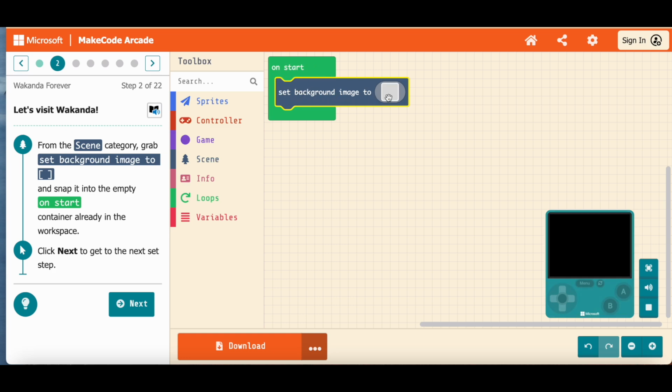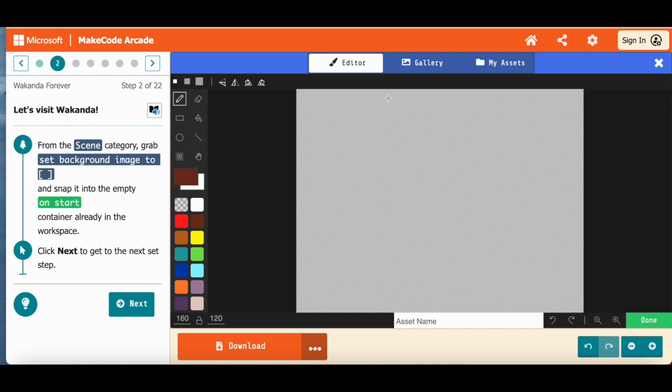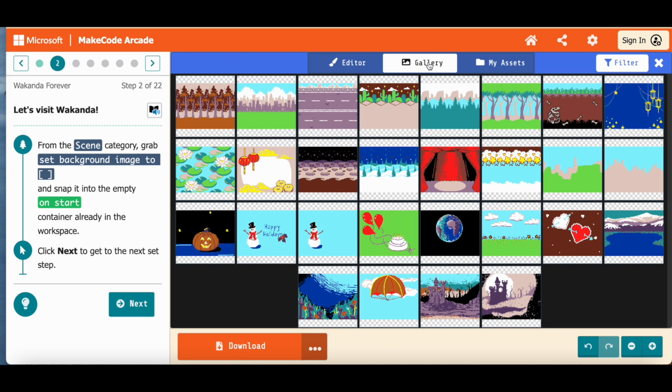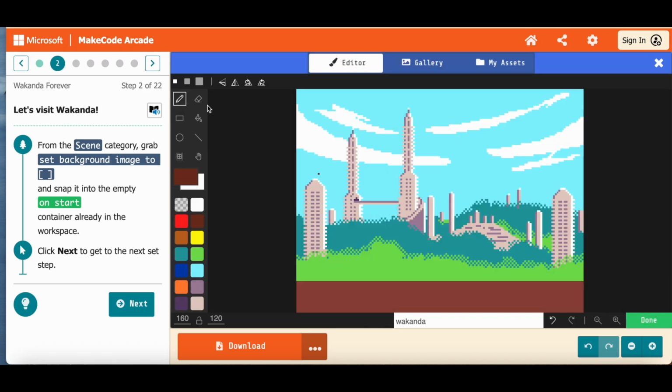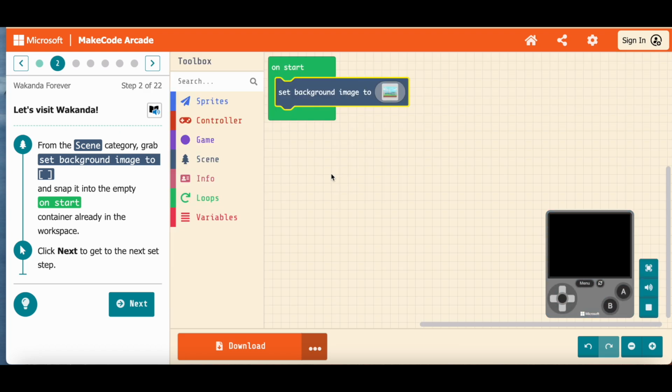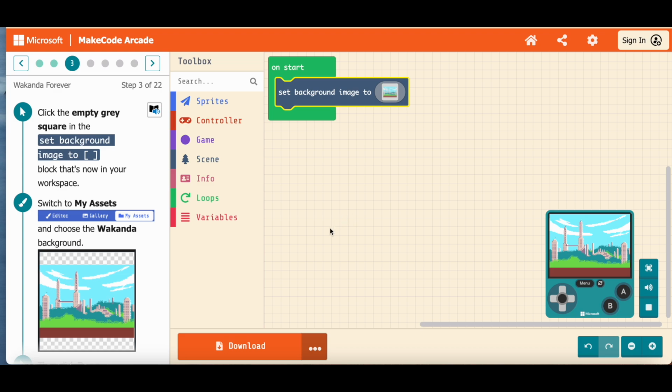Okay, then I'm actually going to click the box so that I can get to my assets. Right, so here's the gallery. That's one set of assets. The other one is in my assets, and this is the ones that you will be using today. Here's Wakanda. I pick that, and then I pick done. Okay, and then we have it here on start. And in the game, now you can see the background is set. Okay, so now that's set. We're going to go up to the arrow and then go to step